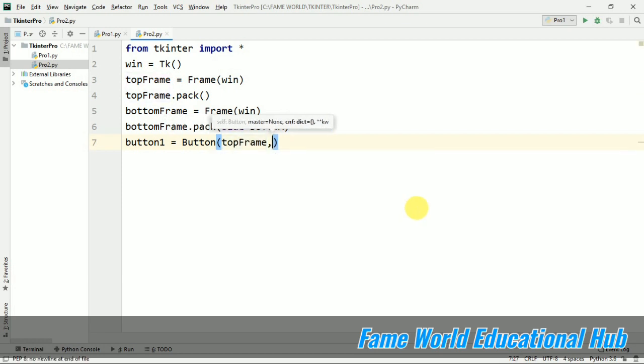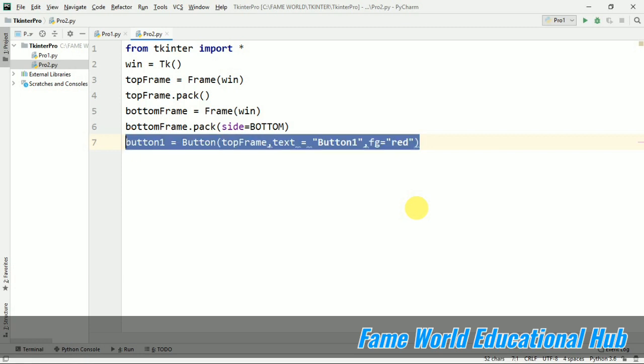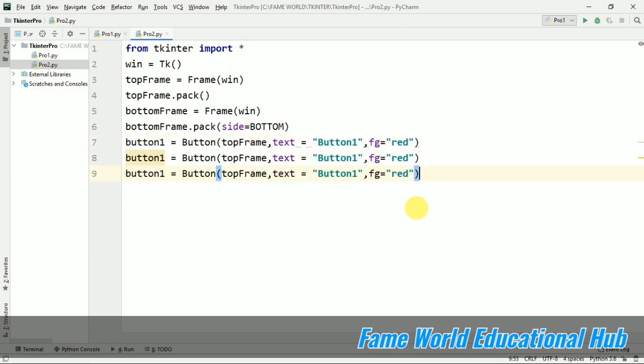Okay, now I'm going to create a button. I'm passing this button1 into the top frame, and I'm giving the text as button 1. We can take anything; I've given a dummy text. Now I'm using fg. This fg is an attribute for the button, and fg means foreground. I'm giving it red, so it will appear in red color. What will appear in red color? The text. When we give fg, it is the foreground color, so I am giving the foreground color as red. So the text written on our button, that is button 1, will appear as red.